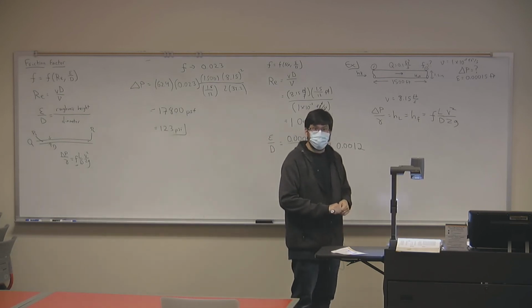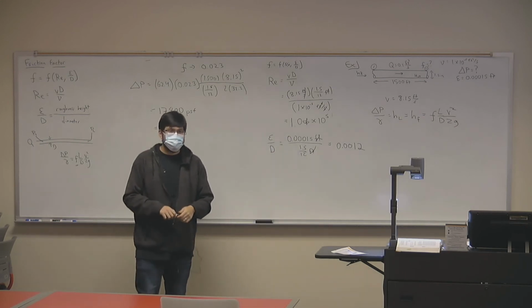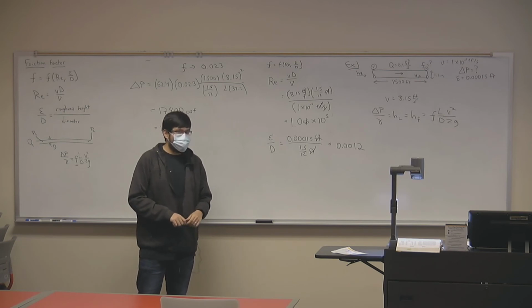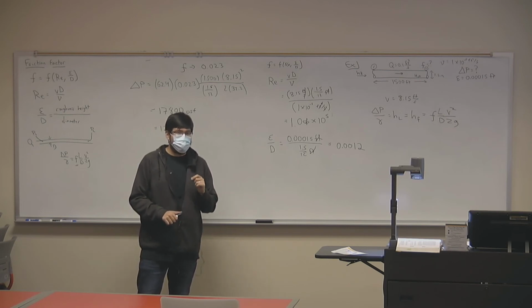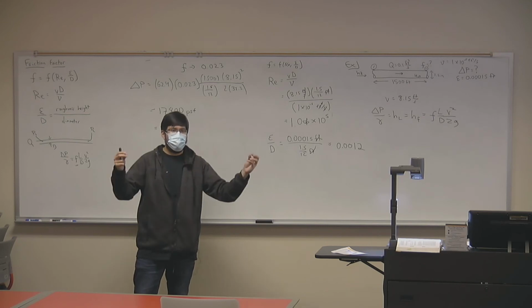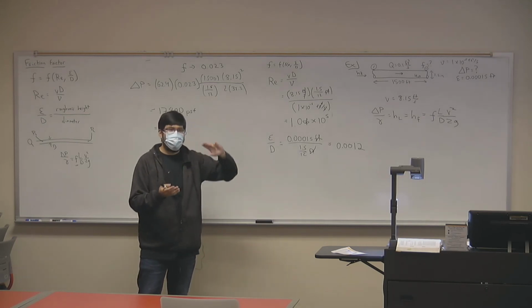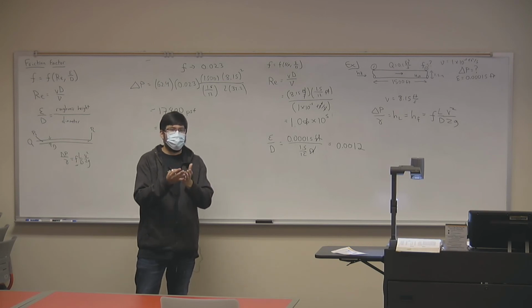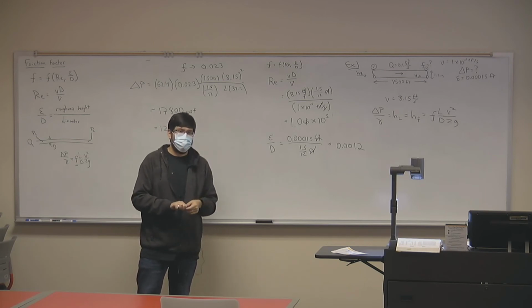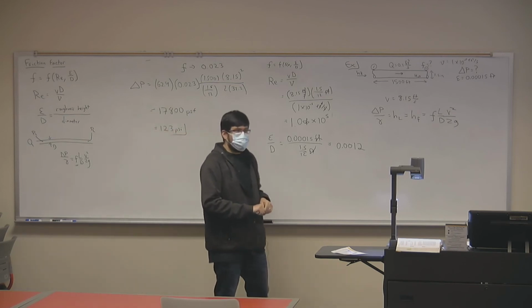I just had a quick question on how roughness is measured in a workplace situation. Or is that like, ask the manufacturers? So the manufacturer typically, based on the material, measures that value, and that's very, very precise. And they don't measure it for the entire pipe, right? It's more like, hey, this is concrete. Concrete on average has these ridges. This is steel. Steel on average has these ridges. I didn't know if it was like a cross section and then a microscope, or how exactly they measure that. Yeah. A